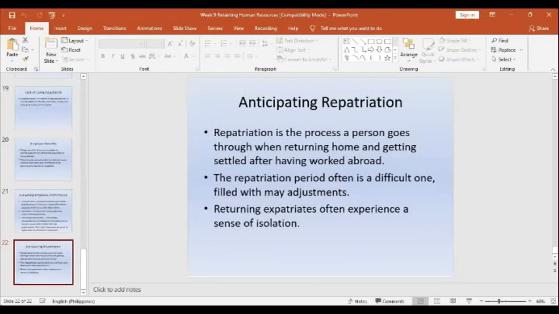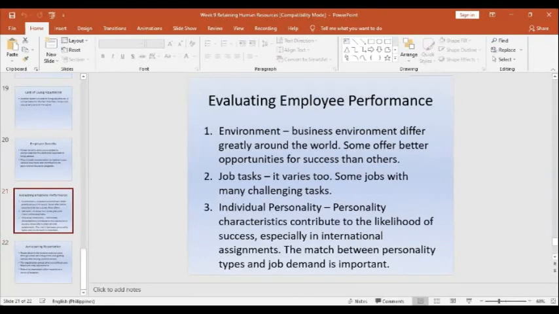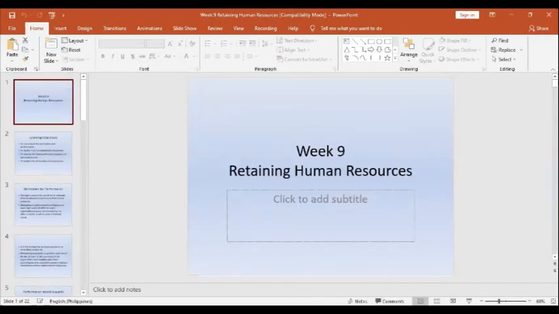So those are the things that we consider when it comes to retention of the manpower. It's about the motivation, the job performance, and even the compensation. And that is our topic for today when it comes to